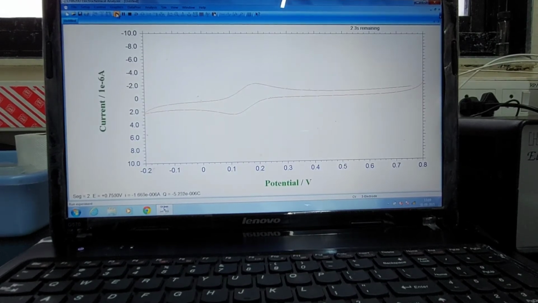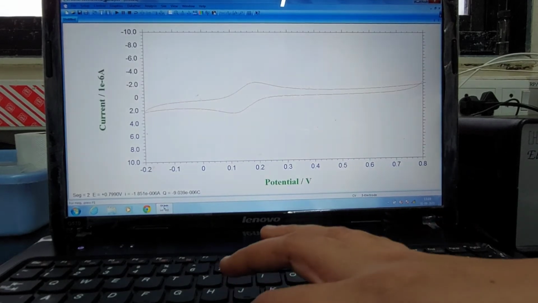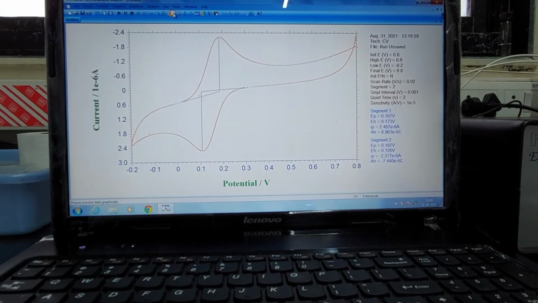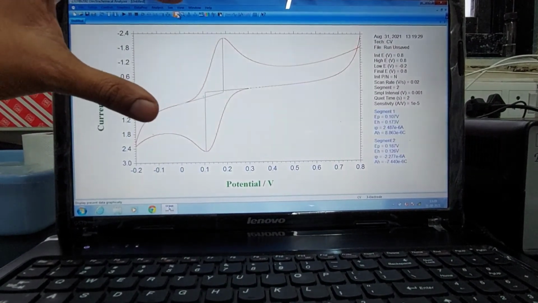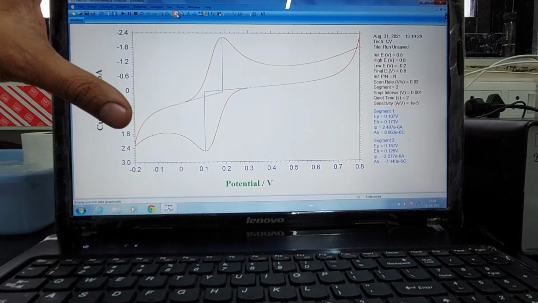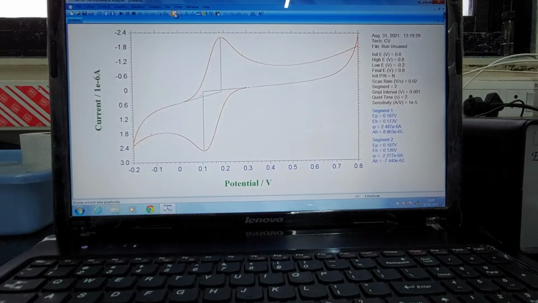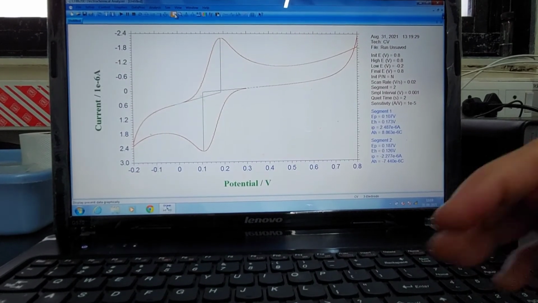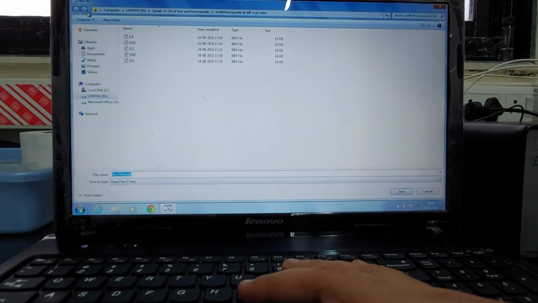And of course the raw data will be made available in the link below the video. Yeah, okay, there you see. Now I'm not sure if you will be able to appreciate, but I think this has gone a little bit up. It's more steeper. Hope that if we do it with 3 millimolar, things will be more evident. We can show that, but we'll show it later. First, let's save this file. Yes, let's save it.